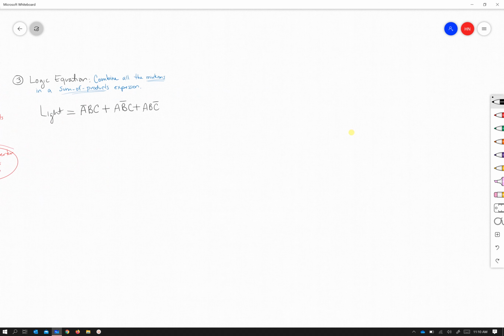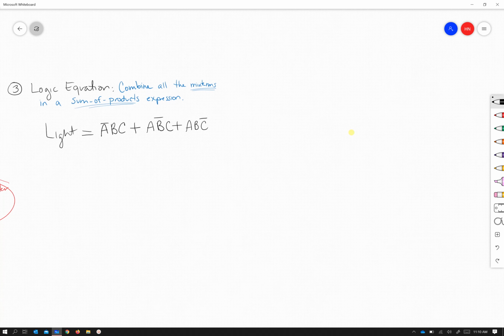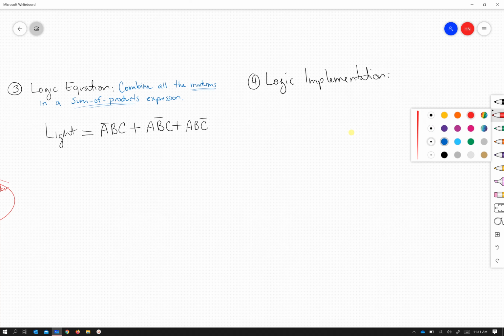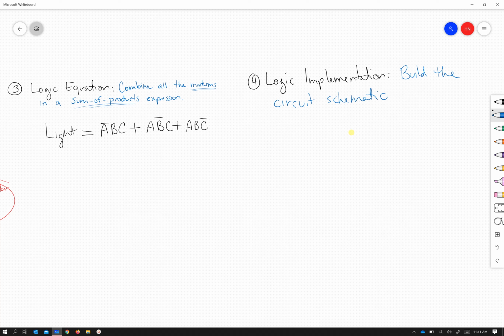The next step in the design process is now step number 4, which is logic implementation. Here we go. In logic implementation, what you're going to do is basically build a circuit schematic, and you could do this using a software like Multisim, or you can sketch it by hand if you don't have it. So build the circuit schematic using